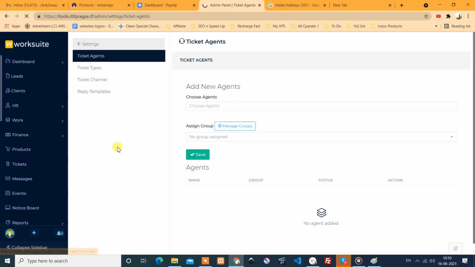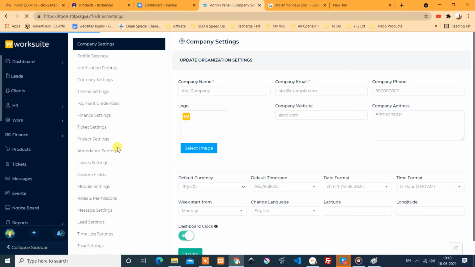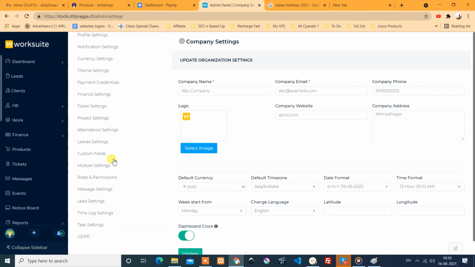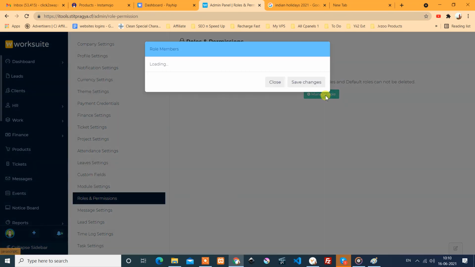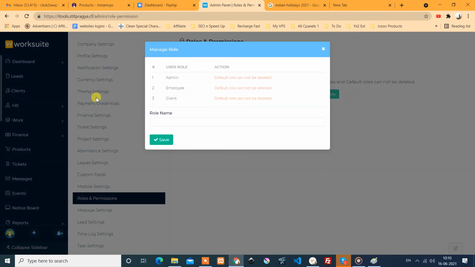Here are other settings also, roles and permissions. You can create multiple roles, and depending upon that you can add permissions to that user. And here are three user roles which are required for the system, which you can't change.